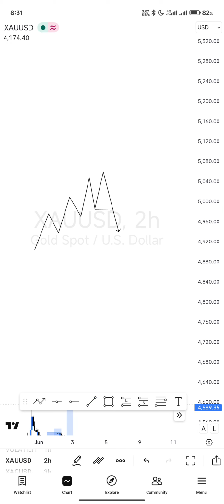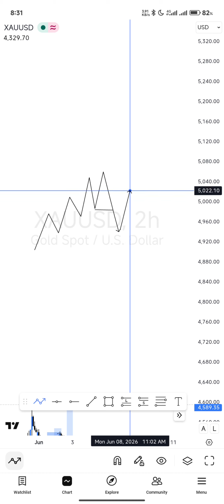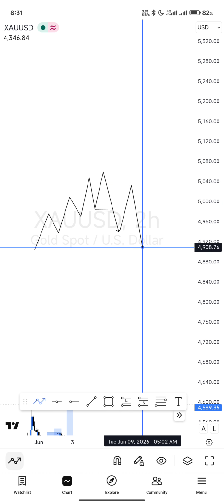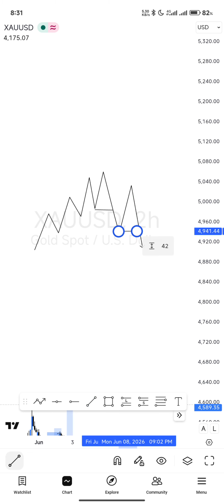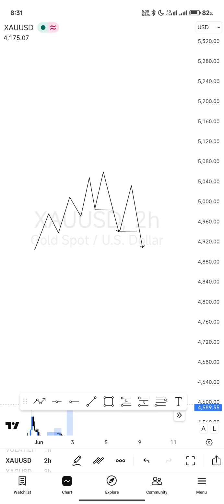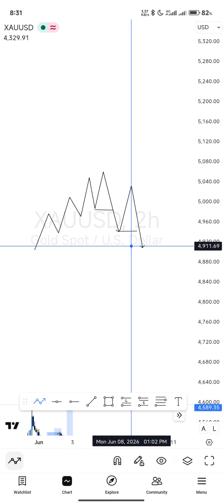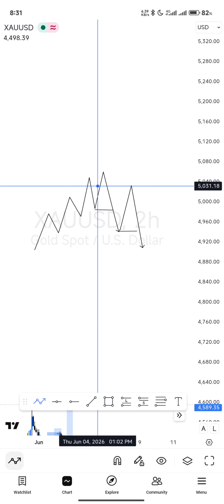What we want to see next is a break of structure. We want to see a retracement and then price breaks structure. This break of structure here is what confirms to us that the market is now in a downtrend. The market making a new lower low or changing its structure is not sufficient. We want a confirmation, a high probability telling us that sellers are coming into the market, and that's why we wait for a break of structure. When we see this break of structure, this is what confirms to us that the market wants to continue to go down.